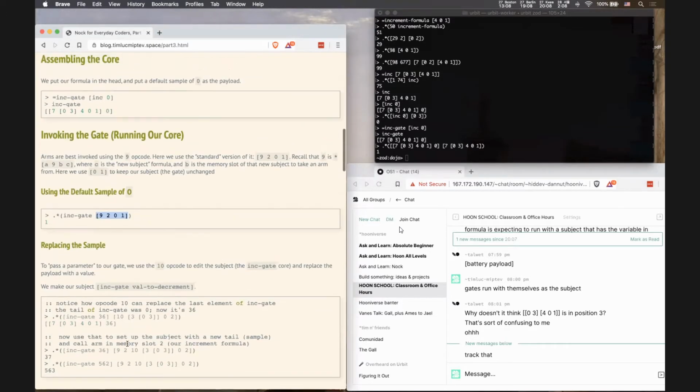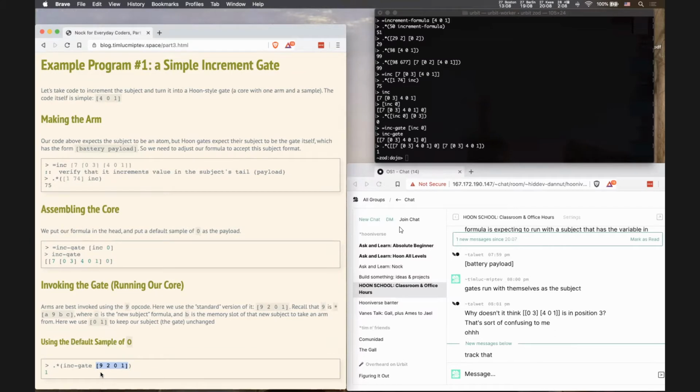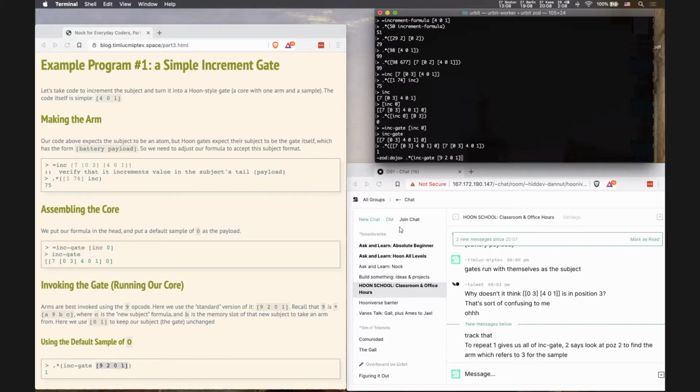What do you think we would have to do differently in order to replace the sample? Which part of this 9201 would have to change? So we're running inkgate as the subject, and our formula was 9201. To repeat, 1 gives us all of inkgate. 2 says look at position 2 to find the arm, which refers to